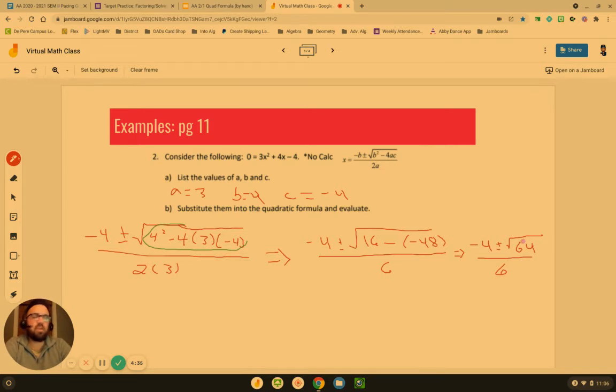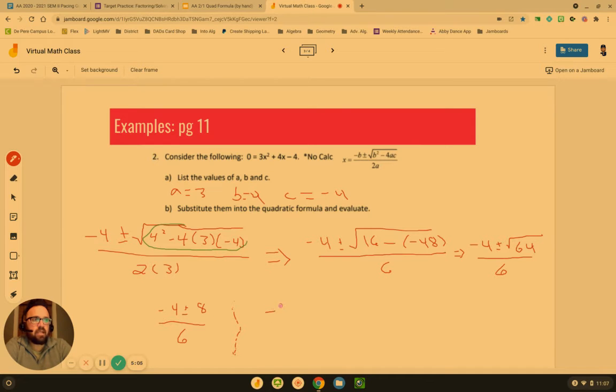Now we still got to figure out what is the square root of 64, right? So negative 4 plus or minus the square root of 64 is really 8. The reason we have plus or minus is because it could have been positive 8 or negative 8, and that's all over 6. So we've broken it down as far as we can till we get to this plus or minus. All right, so I'm going to draw this little line here